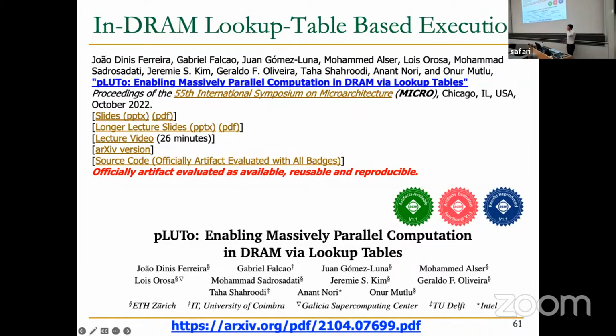So where were we? We were doing processing using DRAM operations, right? So now we can do in-DRAM row copy. We can do in-DRAM majority operations using Ambit, and we can do arithmetic operations using SIMDRAM. So if I want to make this a compute engine, can you tell me what type of operation I'm missing? Yes, that is one for sure, but other than control. Does anyone have any idea?